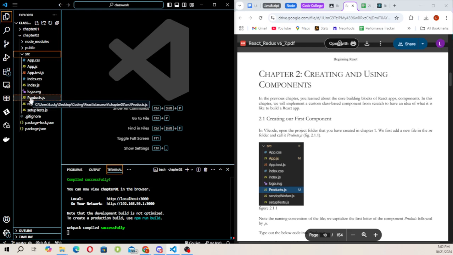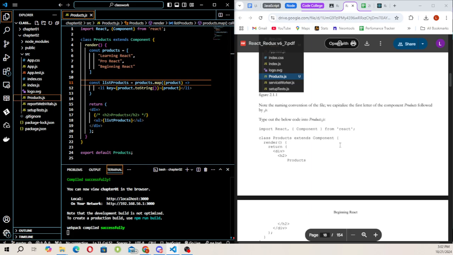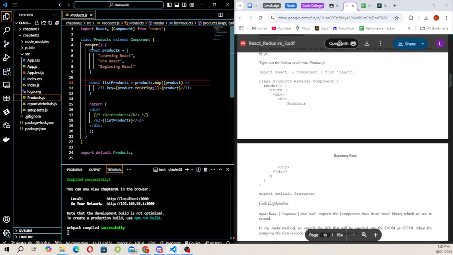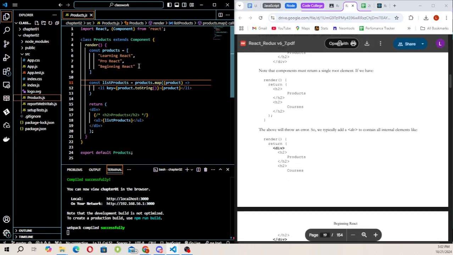We're going to call it products.js, right? And then in our products.js, we are going to render a few things. We first create a class called product, and it's going to extend our component again. And then inside of product, as you can see right here, we added a few things. So we have this constant here, which is products, and it's an array of strings. The first one is saying learning React, the second one is saying pro React, and the third one is saying